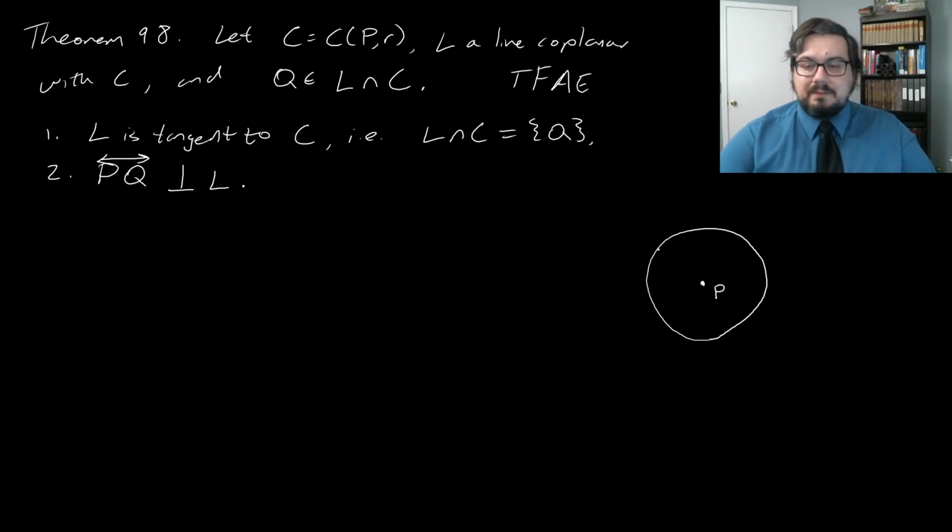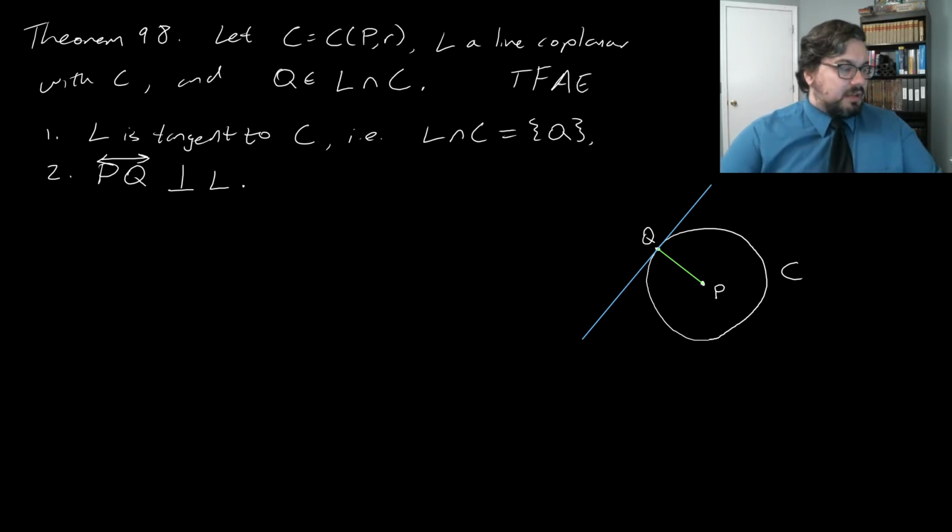So we've got a point P and we've got a point Q, and then we have a line L, and what we know is that it intersects the circle C at the point Q. And then we're going to try to show that if it's tangent, then the segment PQ will be perpendicular to the line L, and if the line is perpendicular, then the line is tangent. So let's go ahead and do this. Let's start